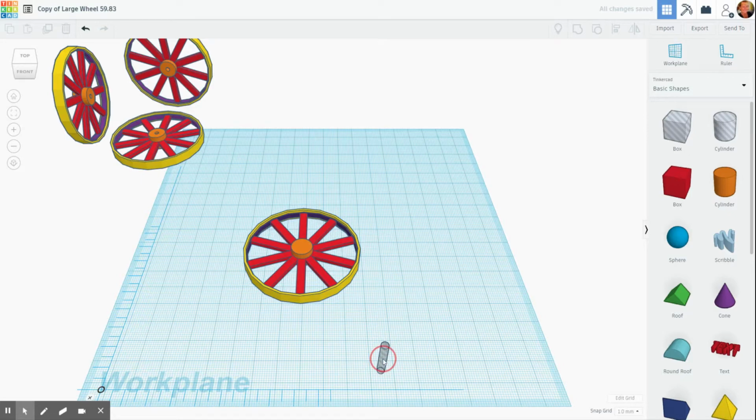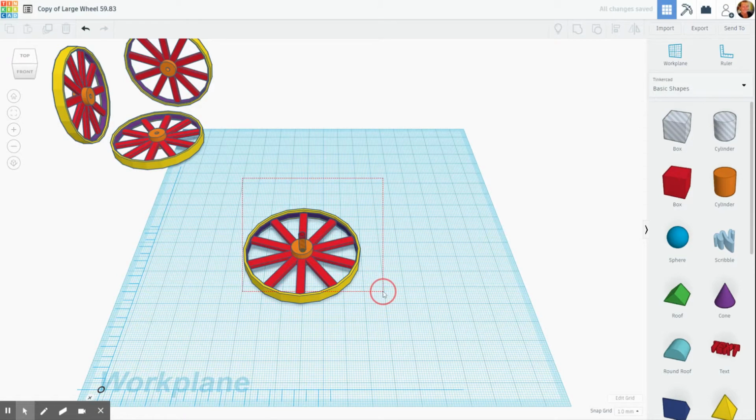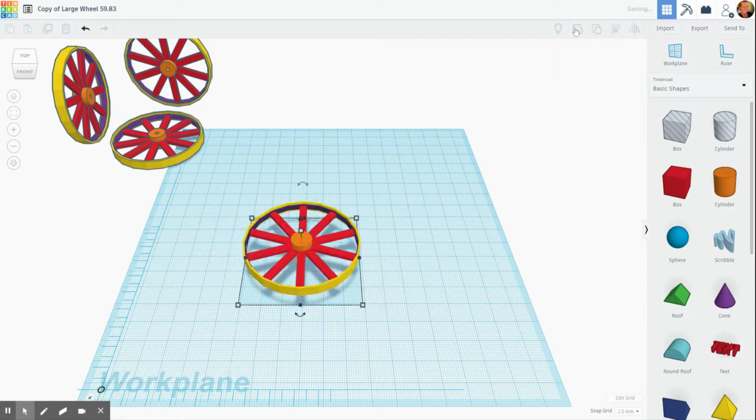I'm going to click the cylinder, and I'm going to carefully drag it over. Deselect. I'm going to select all parts, and I'm going to align it in 3 ways: length, width, and height. With all parts selected, I'm now going to group,